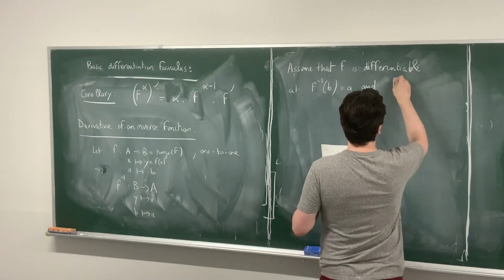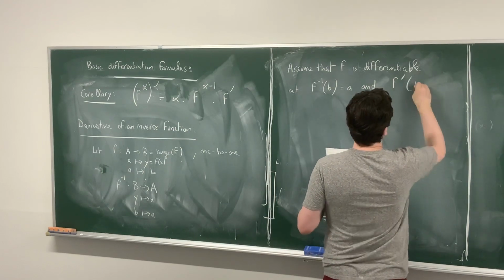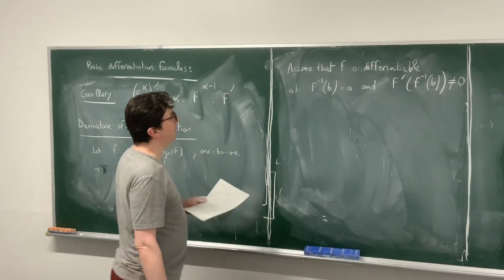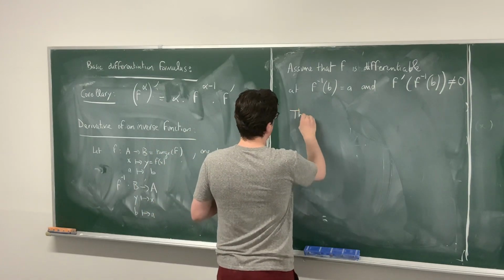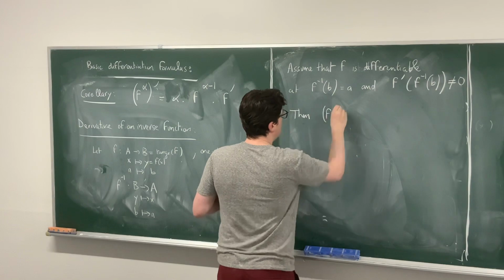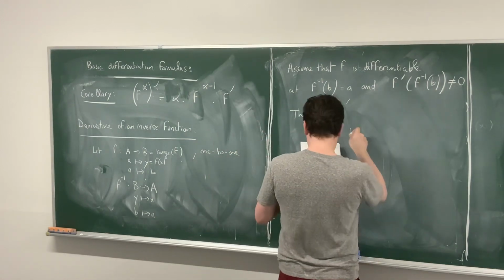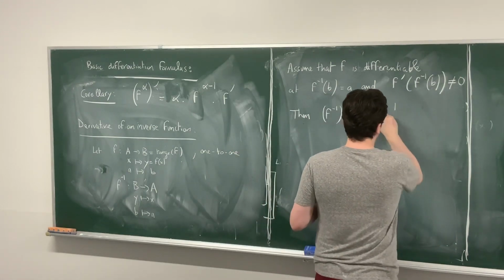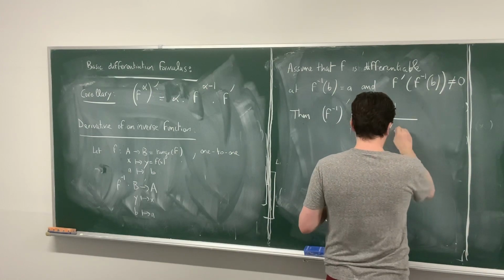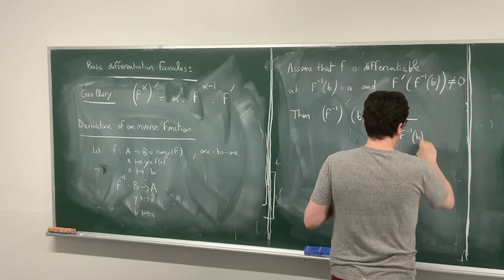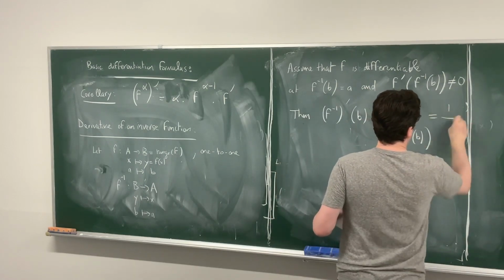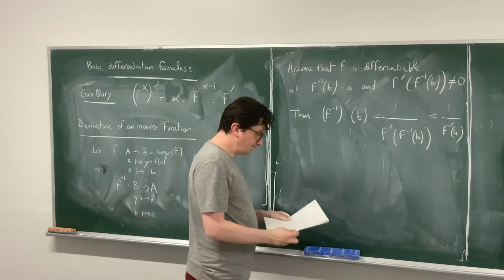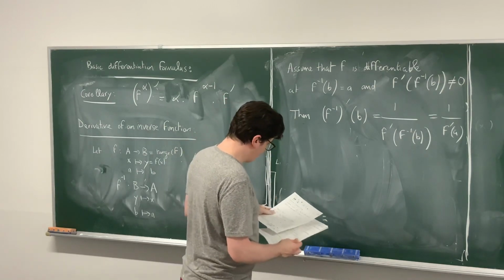f⁻¹, we assume that f′(f⁻¹(b)) is not 0. Okay? Then, what is the derivative function of f⁻¹ evaluated at b? This will be 1 over f′(f⁻¹(b)), which is 1 over f′(a). Yeah, so basically the proof is